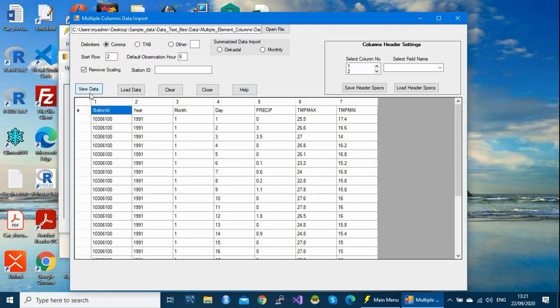So remember, your data is a CSV delimited data, which is comma delimited. So that's why the system is able to open it without any problem. Remember that the system also can accept tab and other files so long as they are text files. So if you go down, start row number 2.